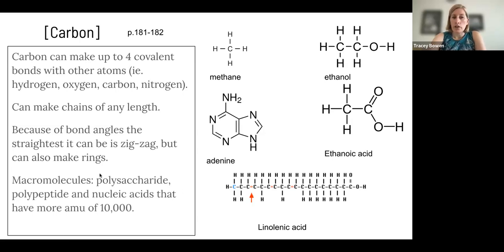Macromolecules are very large. Polysaccharide means multiple single units. So a monosaccharide is a single unit of a carbohydrate. A polysaccharide is going to be more than about 7. And macromolecules are going to be big chains of either carbohydrate glucose molecules, for example, or amino acids, which are the building blocks of proteins. And they will have an atomic mass unit of more than 10,000 units. So you have a long chain of